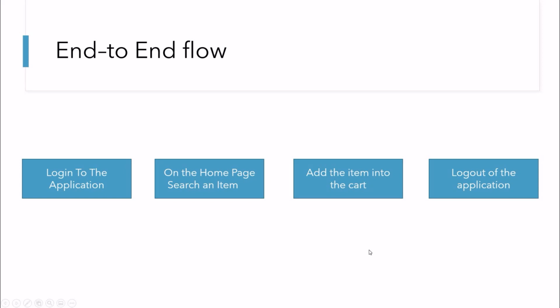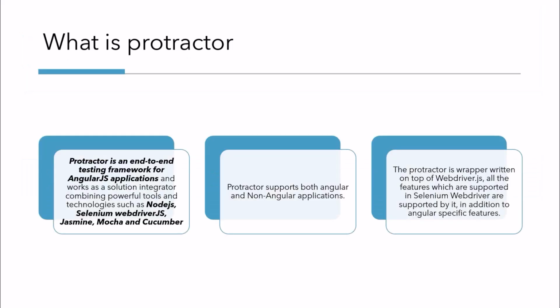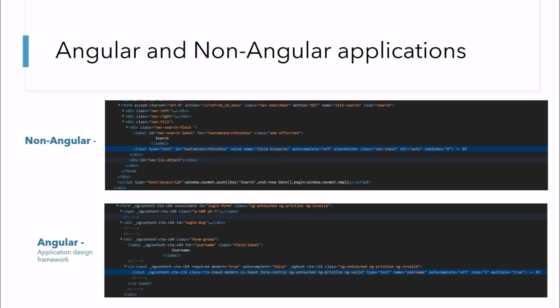So guys, let's continue with the understanding of what is Protractor and move on to the next point, which is Protractor supports both Angular and non-Angular web applications. So let's understand what is an Angular and a non-Angular application. So guys, Angular is an application design framework and a development platform for creating efficient and sophisticated single-page apps. We won't dig deep into this as of now, and let's just understand the basic difference in Angular and non-Angular